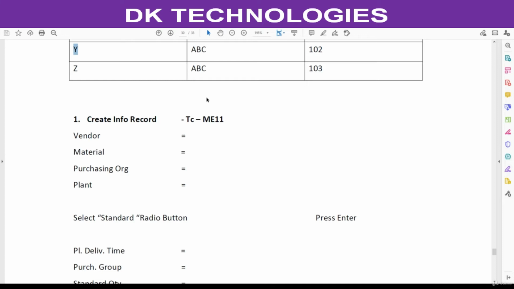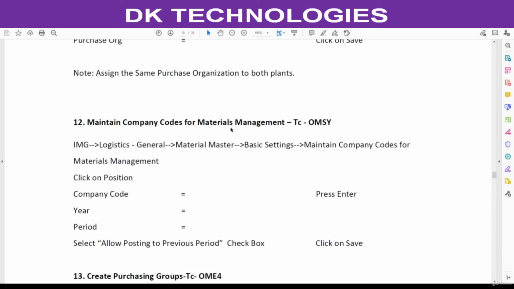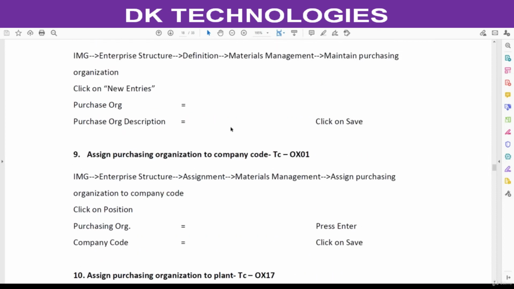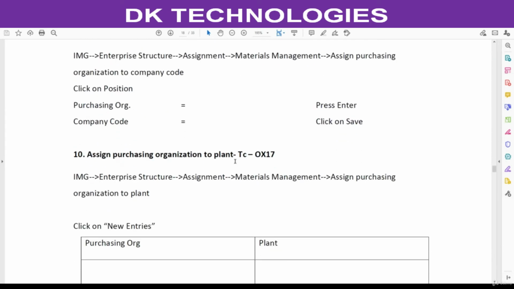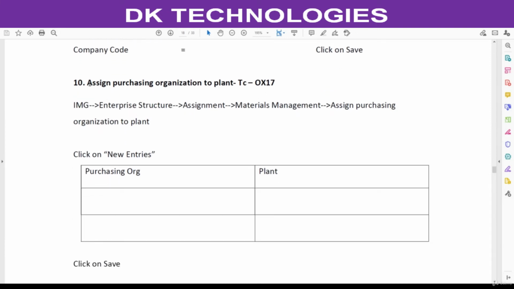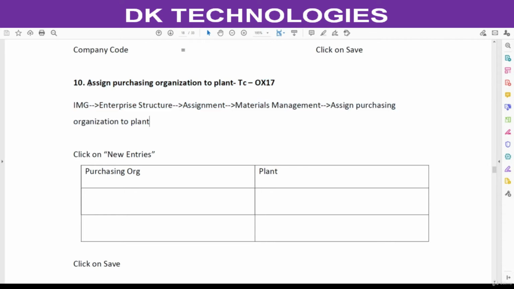I will go to notes. I will check. This is the purchasing organization configuration. Assign purchasing organization, create, assign purchasing organization to plant. This step we missed. During the purchasing organization configuration, we were supposed to assign this to the plant as well, but maybe by mistake it happened.